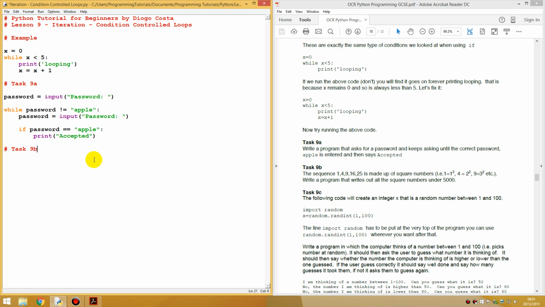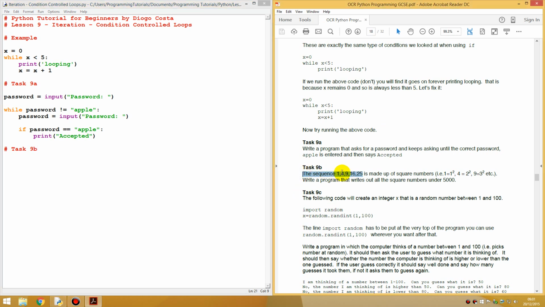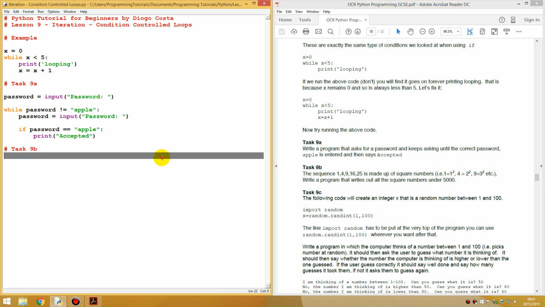Task 9b. The sequence 1, 4, 9, 16, 25 is made up of square numbers. 1 equals 1 squared, 4 equals 2 squared, etc. Write a program that writes out all the square numbers under 5,000. Okay, so we could say the sequence is made up of,